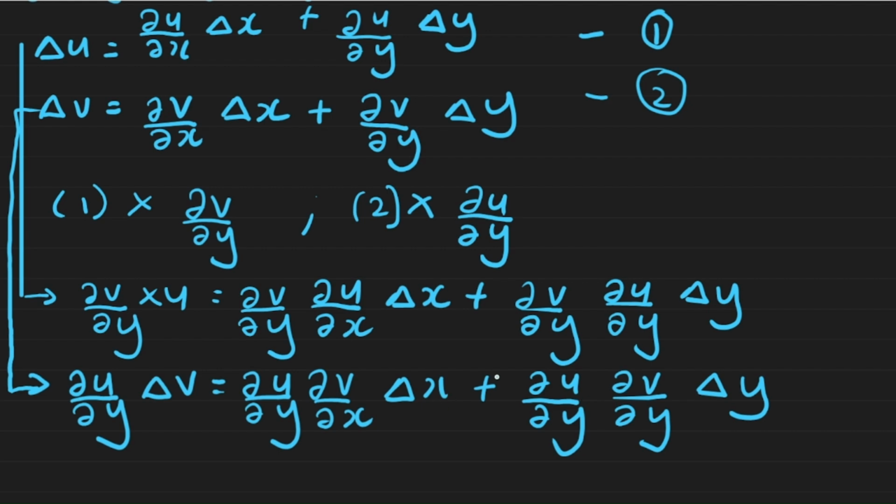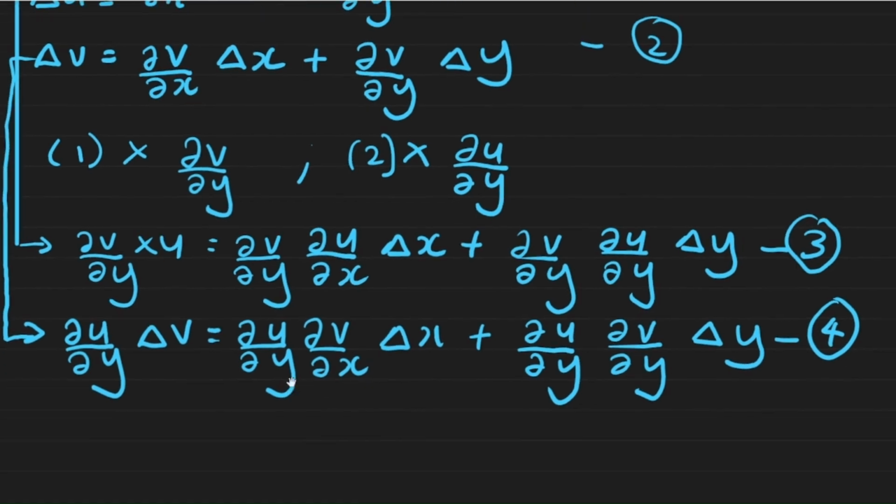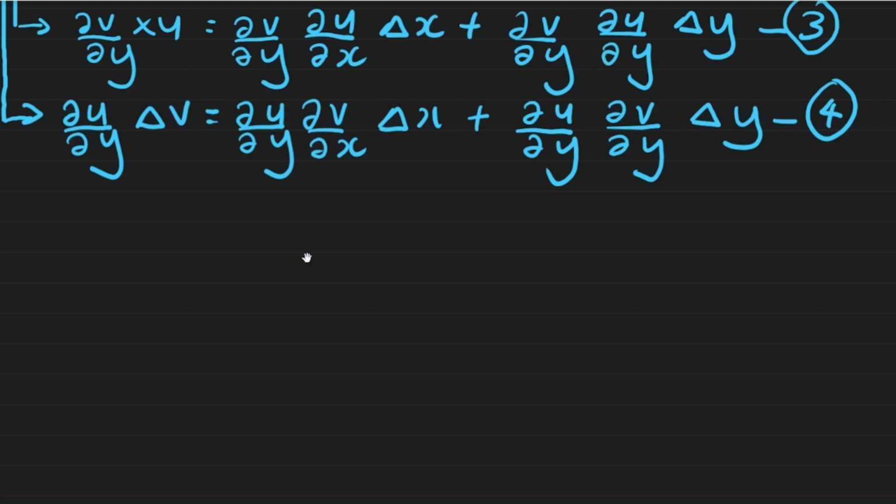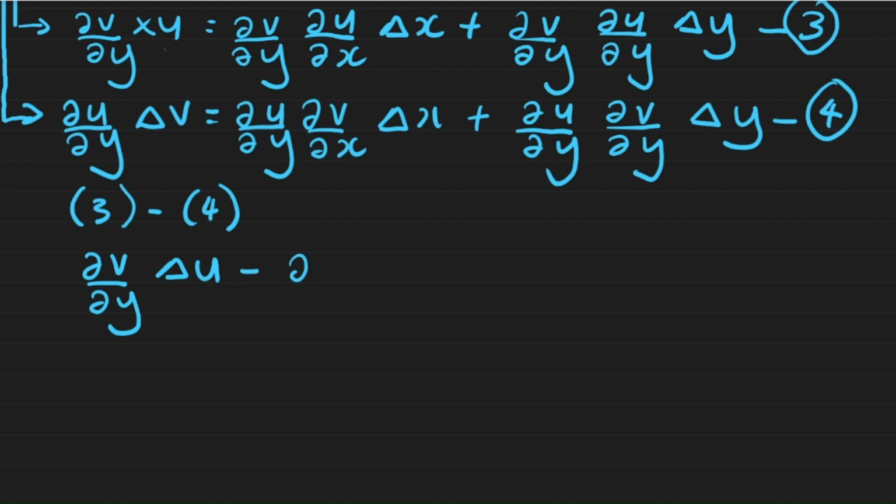So the next thing we're going to do is subtract these equations. So let's call this equation 3 and equation 4. So we're going to take equation 3 and subtract it from equation 4. So when we do this, we get ∂v/∂y times Δu minus ∂u/∂y times Δv, and this is equal to,